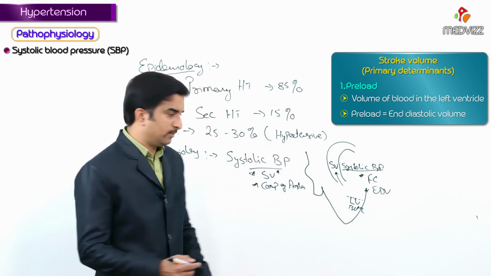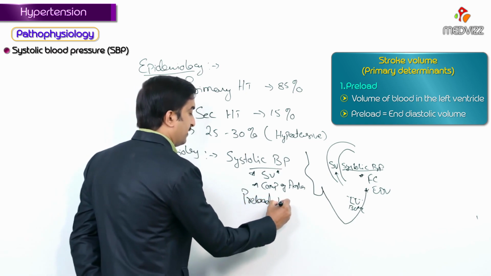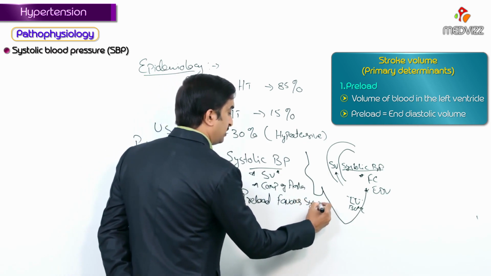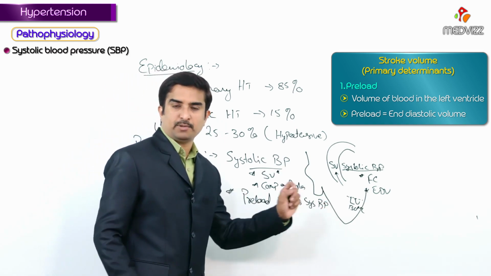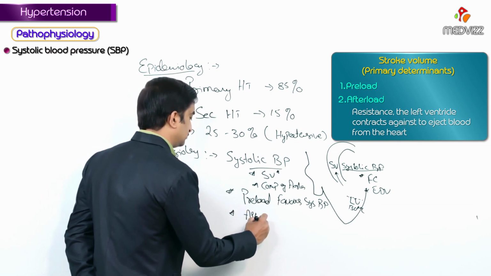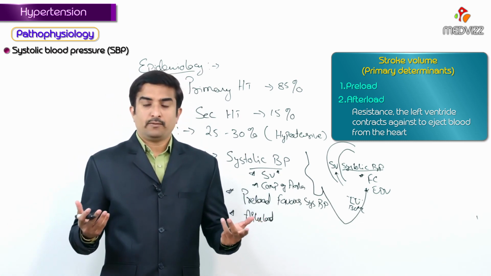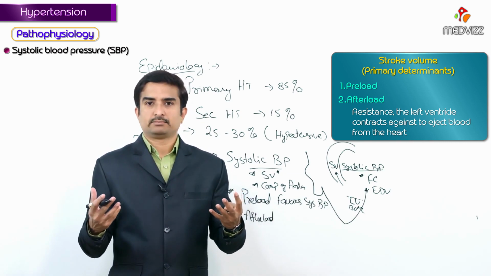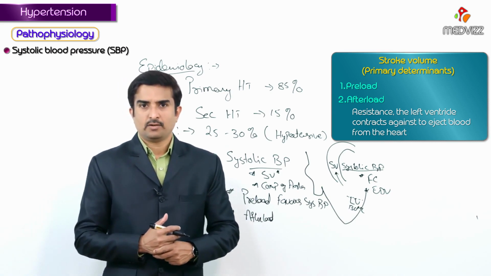So preload, does it favor or antagonize the systolic blood pressure? It favors the systolic blood pressure. Preload favors systolic blood pressure. But what about the afterload? Afterload, we can also say, is the resistance the left ventricle contracts against the ejected blood, which means,